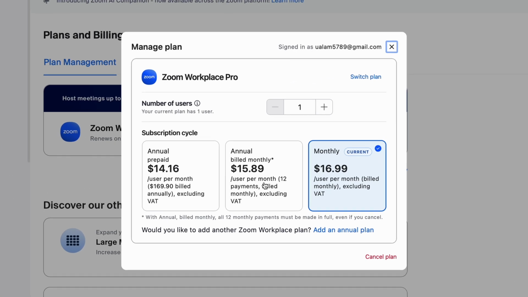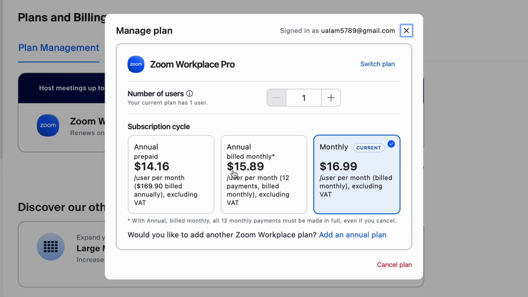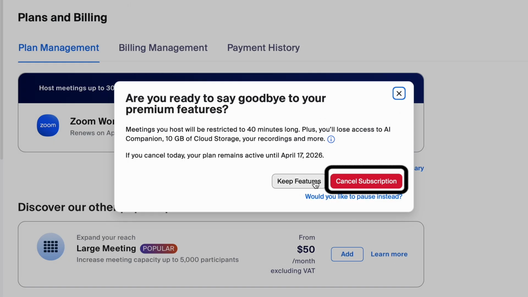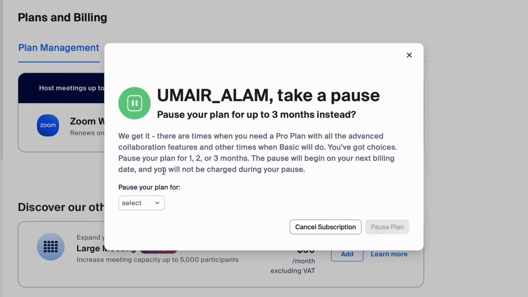So here it's giving you options to upgrade as well, but what we want to do is cancel the plan. So you have cancel plan here. I will click on this, and it will say keep features or cancel subscription. So I will say cancel subscription, and then I will say not now,